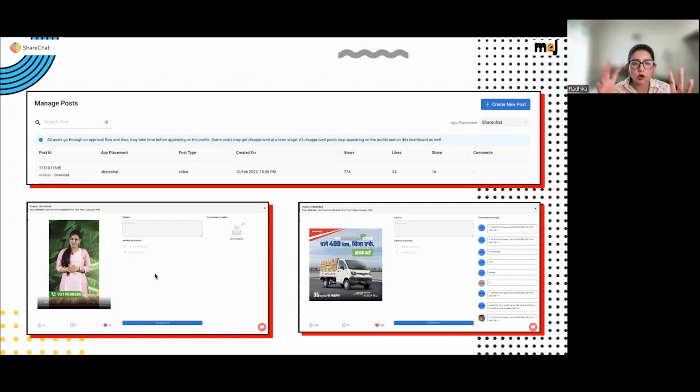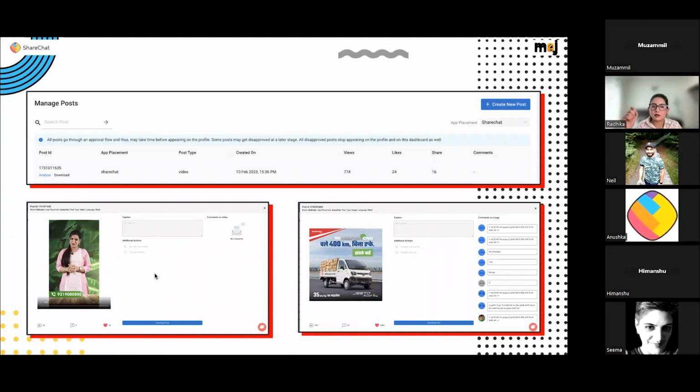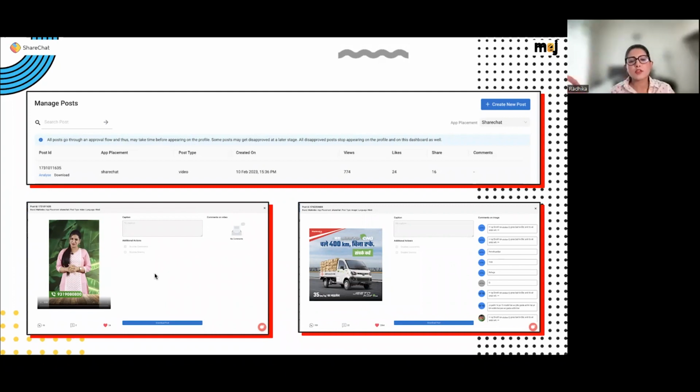And the bottom section that you see on the screen today, these are screenshots of how the analysis and download modules look. So on the left hand side, there is a post for which comments and sharing was disabled, for example, right? So of course, that's why you don't see any comments and anything to read from therein. But on the right hand side, there was a post for which such setting was not used. So you see that the audience has added comments also in various languages, and all of these comments you can read through and scroll via our ads manager itself, right?